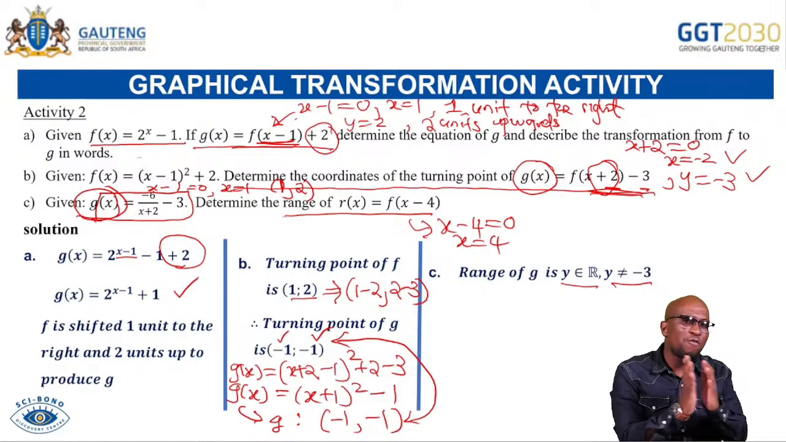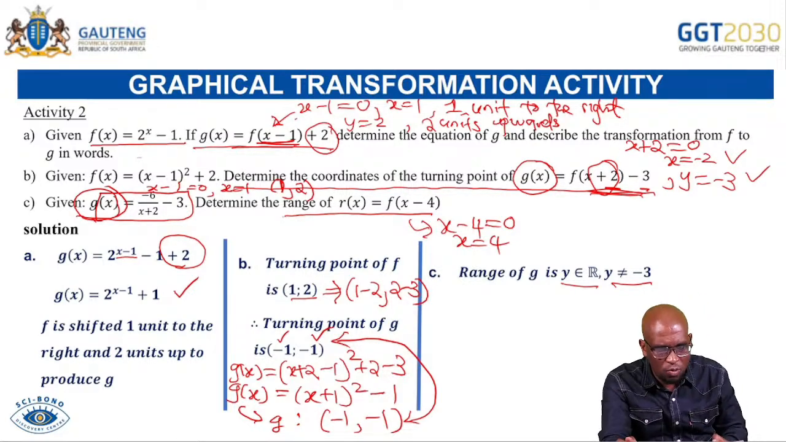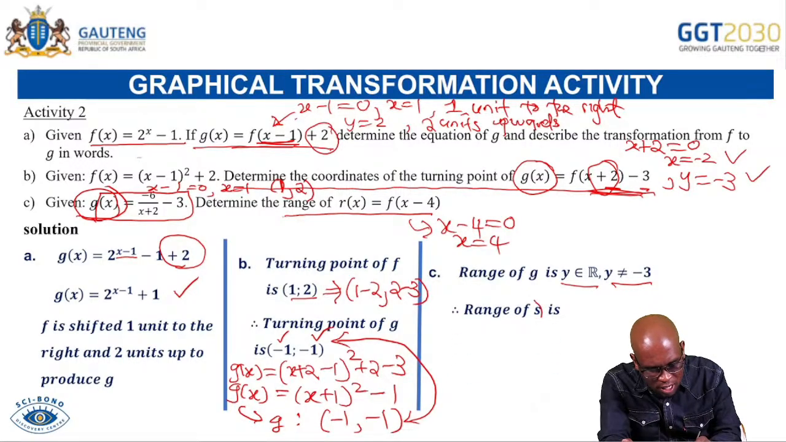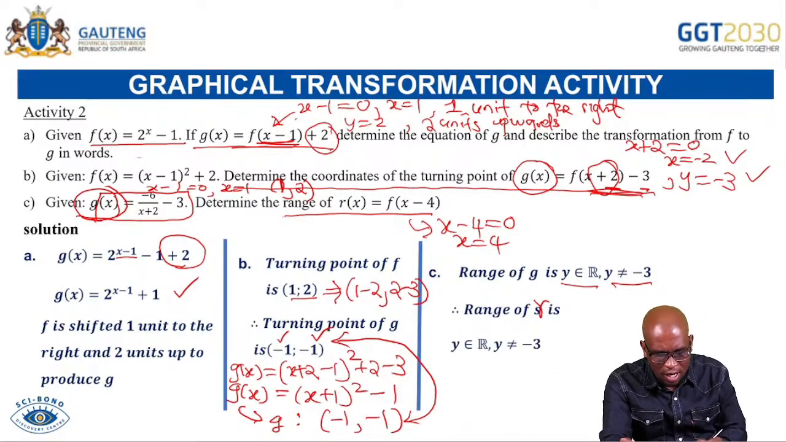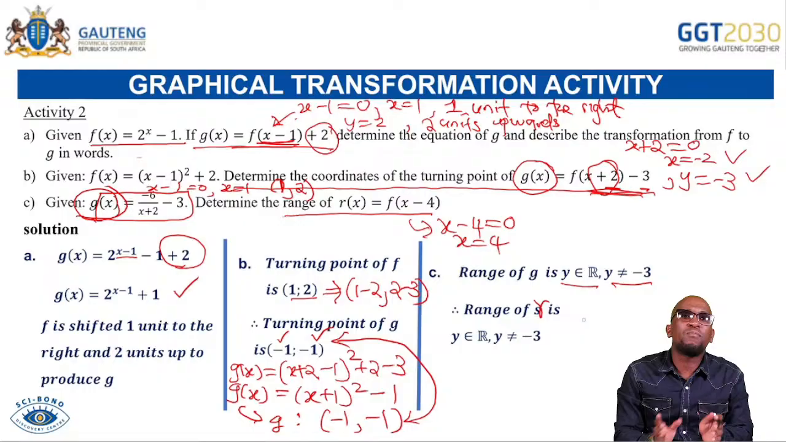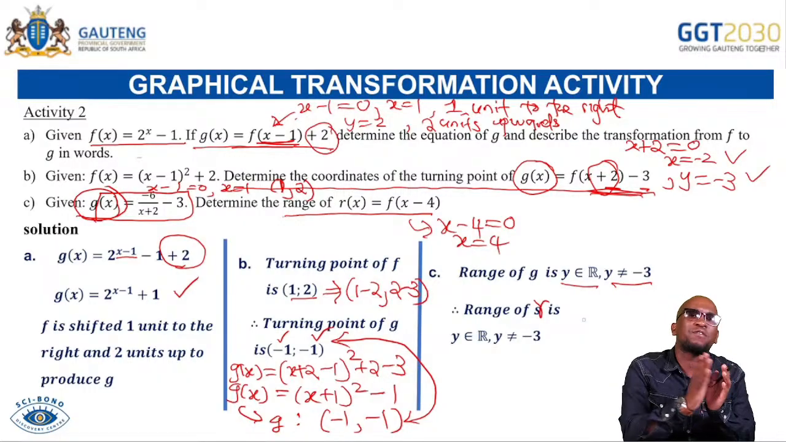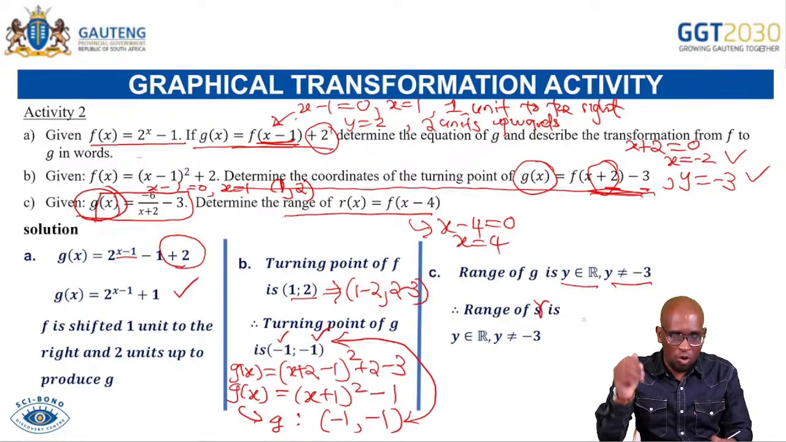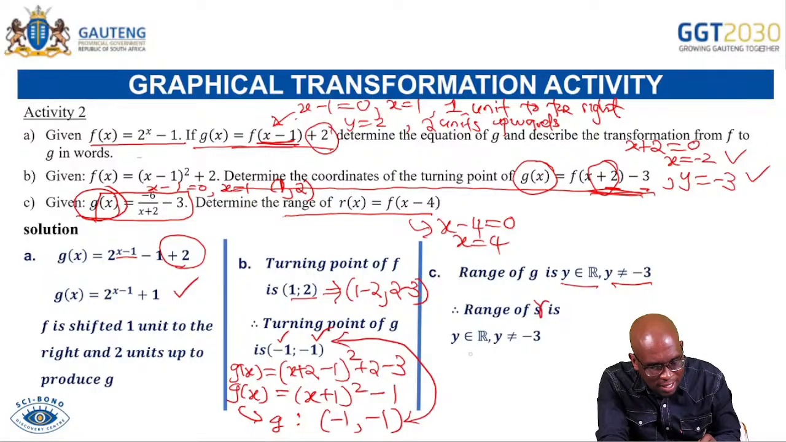So moving the graph 4 units to the right, let's see what will happen to the range of R. The new function is R. The range of R would be the same as the range of f. Why is that? Because the movement was only horizontal, so the range was not affected, only the domain was affected. Alternatively, you can determine the equation of R to say R of x would be f of x